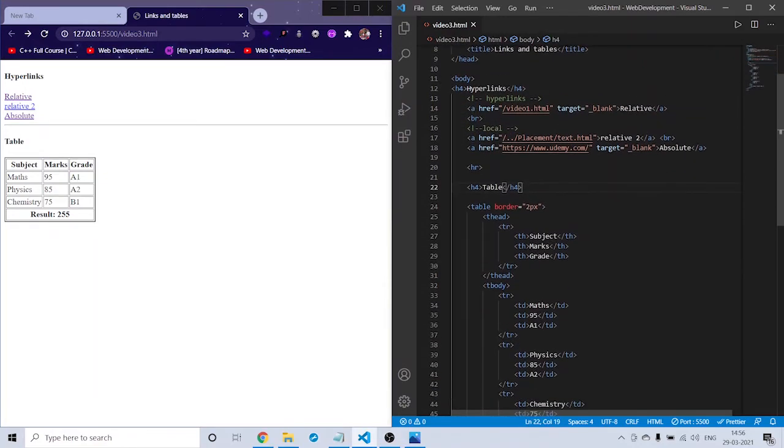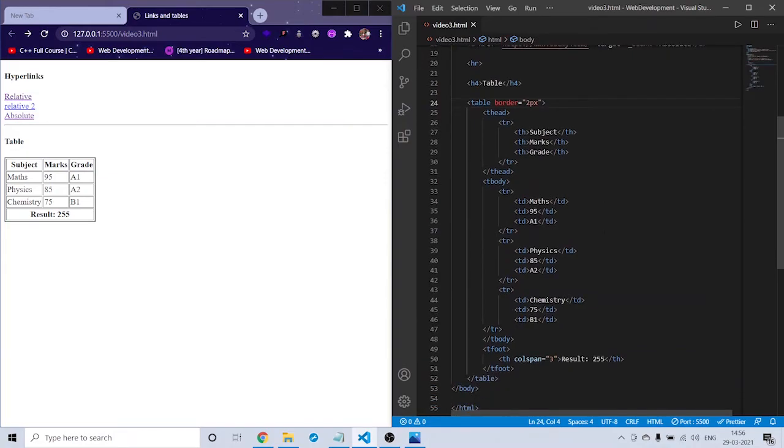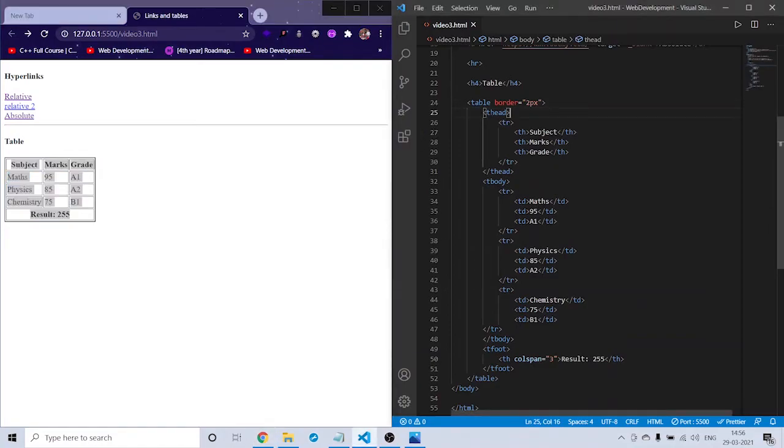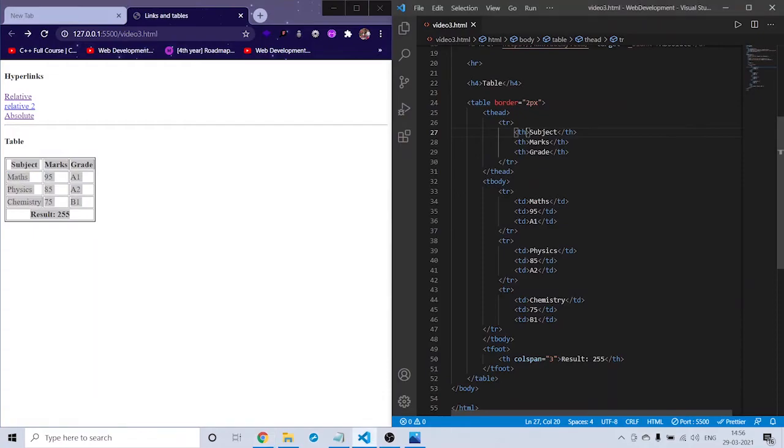And in the table, first you need to open the table tag, and in the table, when you are giving the headings in this way, you need to open the t head tag, because that is the head of the table. And in that, you need to create a row, which is this row here. The first row, you need to create a row, and in that row you need to give headings. What if you give here td?